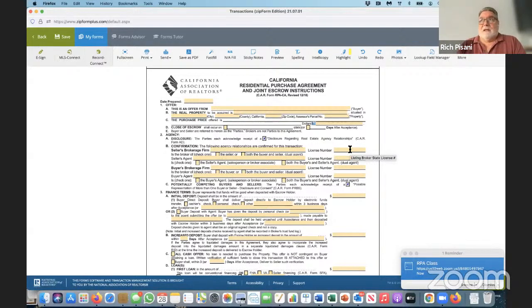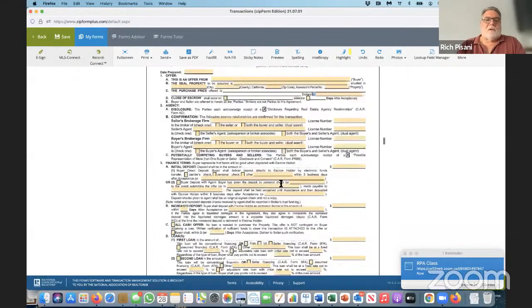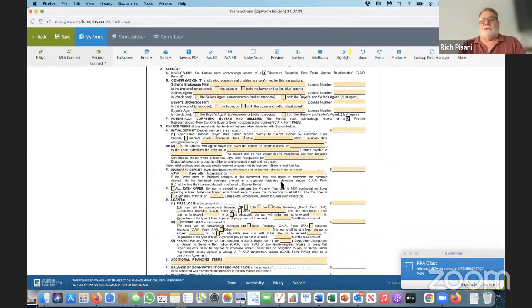So if two different agents from Keller Williams West Side are in this deal, it is a dual agency because the agency is with the brokerage. So that's important to note. So then we go down to